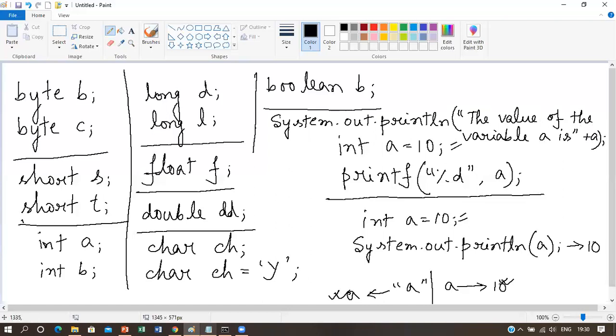I'm running out of space, that's why I have written it in two lines. When you write it, you have to write it in one statement.